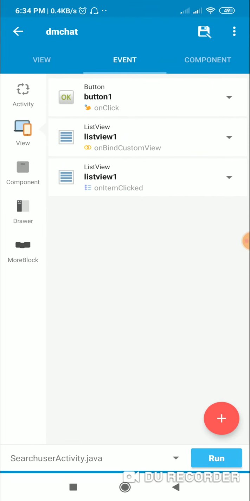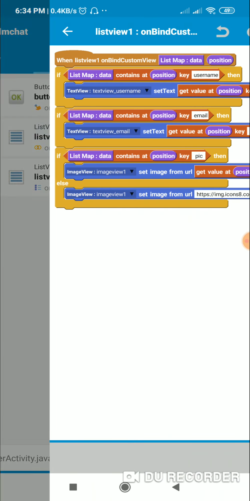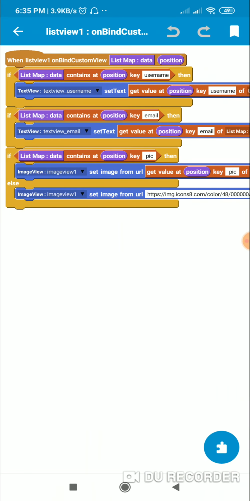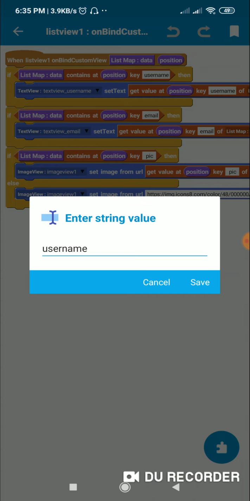So once the list view is refreshed, it will execute on bind custom view. So here first I check if the list map contains at position key username.